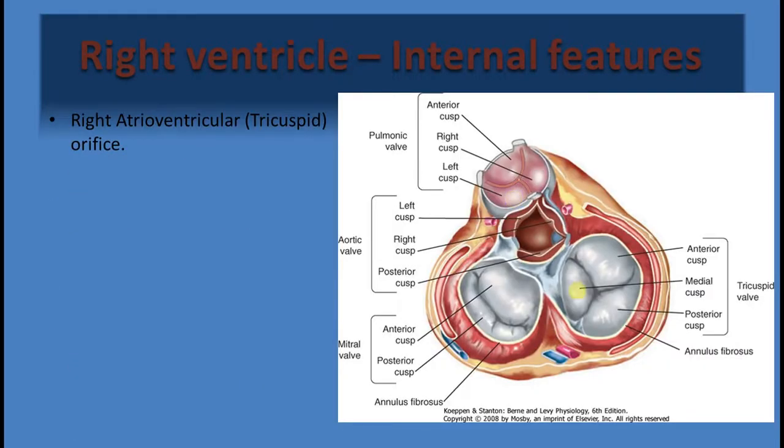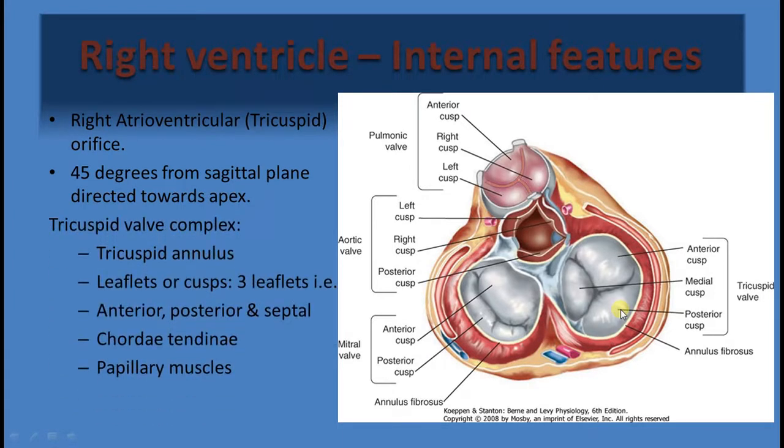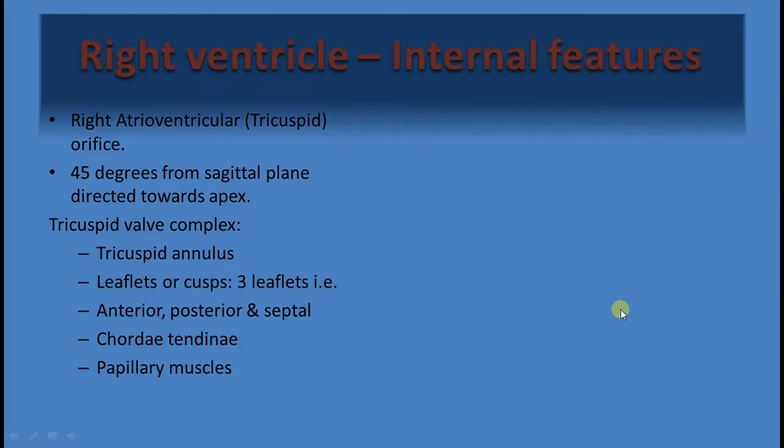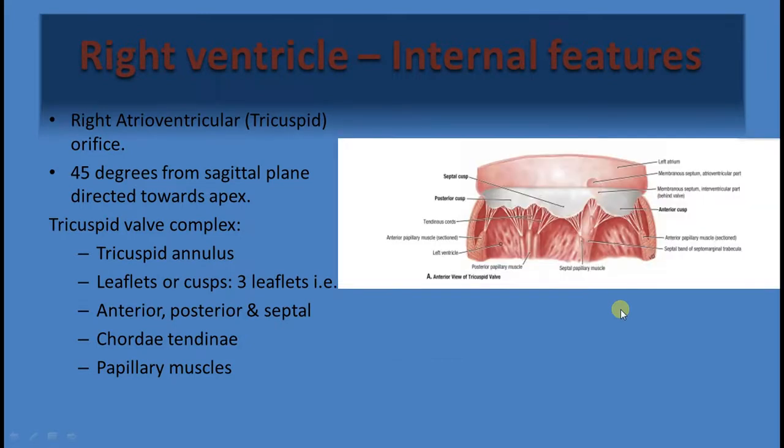Now first, starting with the right atrium, it communicates with the right ventricle through the tricuspid orifice. The tricuspid orifice is guarded by the tricuspid valve, which is also called the tricuspid valve complex. This tricuspid valve complex is mainly made up of, first, the orifice, here we have seen the opening, then